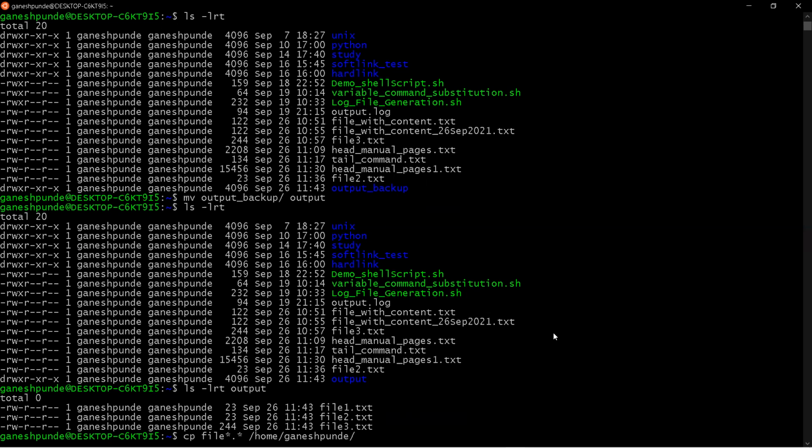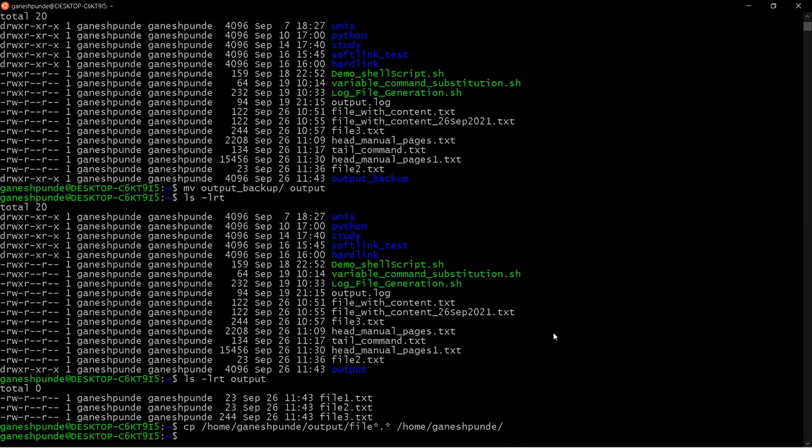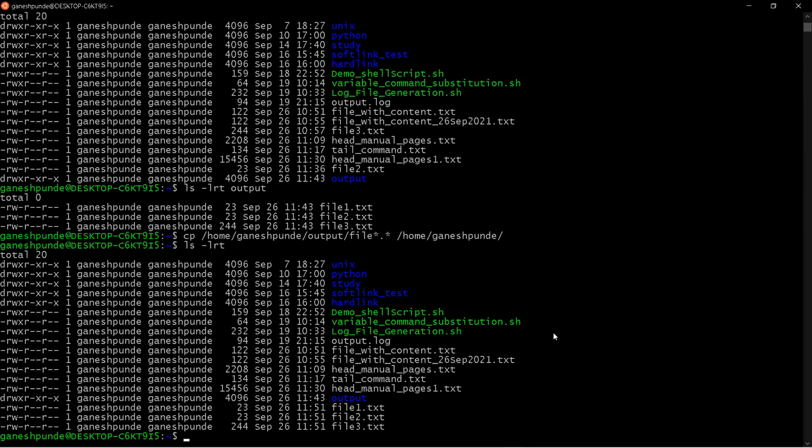Basically I am taking all the files from the home output folder to the Ganesh Punde folder. So you can see in the Ganesh Punde directory, file1, file2, file3. These files are there.